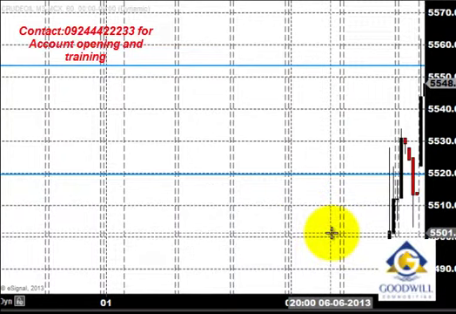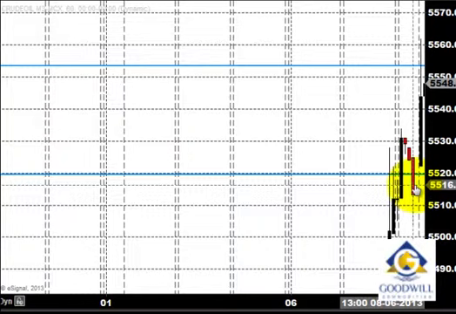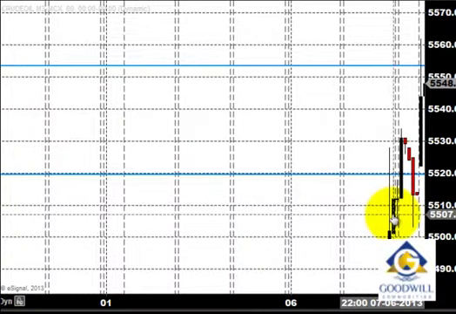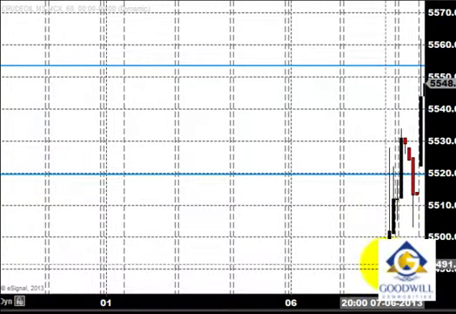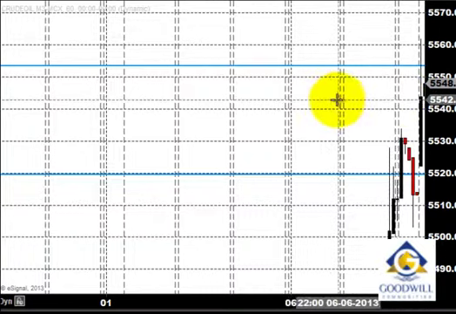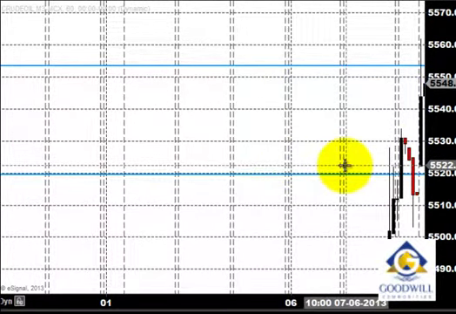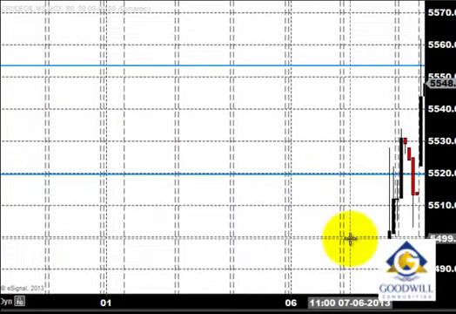The chart which you are viewing is a 1 hour chart. That means every single candlestick here represents 1 hour. Whenever I place the cursor on any particular candlestick, you can see the date and time below. And you can see a lot of vertical dotted lines. This indicates the price opening and closing for the respective days. Now let us go back and see what happened yesterday.